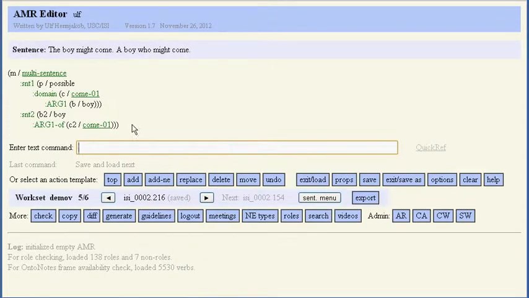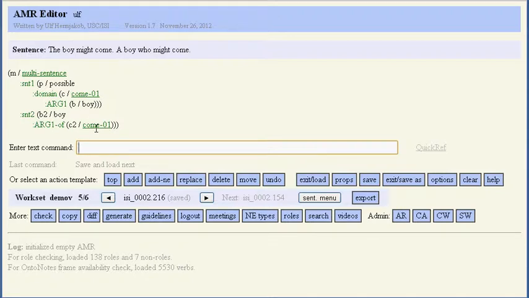where we have a similar scenario, and I've already partially annotated that. Whenever we have a mode like possible, we use the same domain construction as we did for to be. We have possible at the top, and then domain, the boy comes at the bottom. Now we might have a scenario like the second sentence, a boy who might come, and we might have boy at the top and then